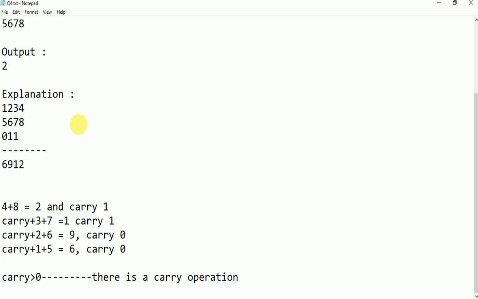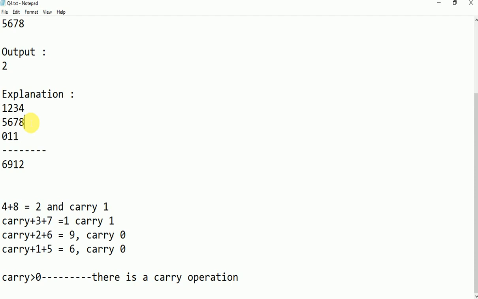If you have it, you add it. If not, you consider it as 0. So now you are adding 4 and 8. Once it is done, again you will add 3 plus 7 plus carry. Initial addition you don't have any carry. Okay, so then onwards your carry gets started.